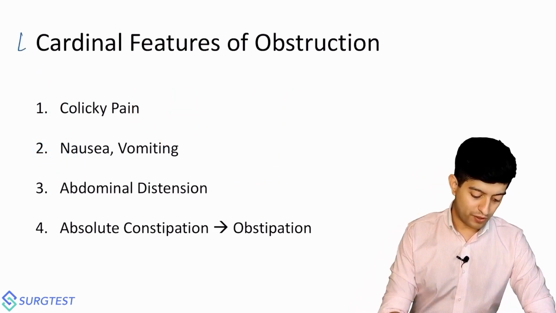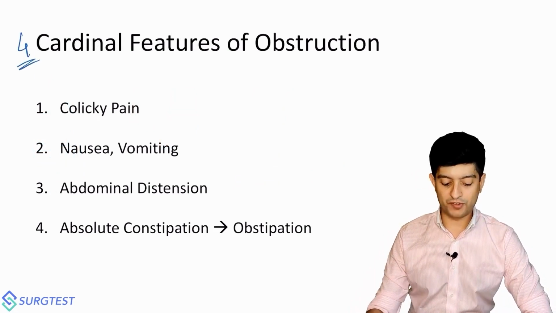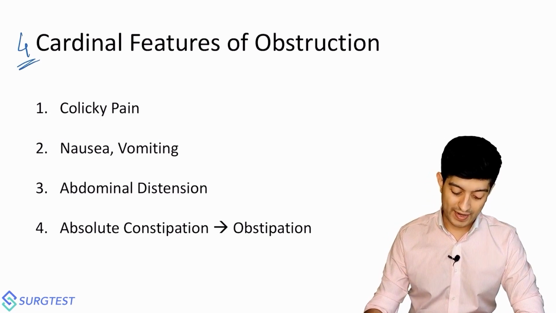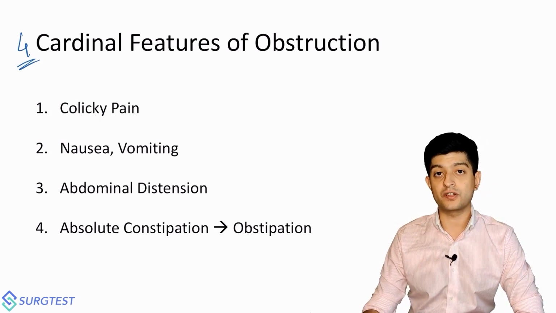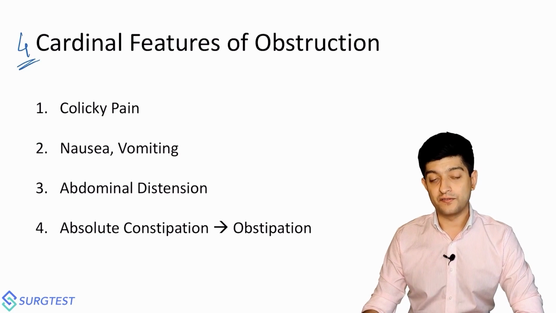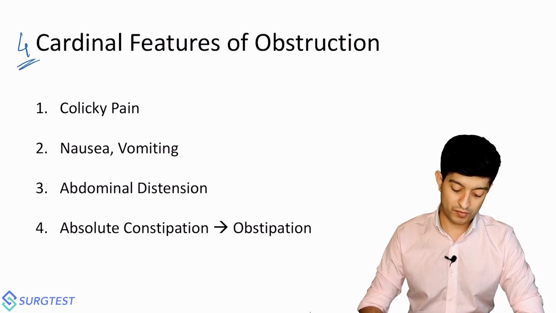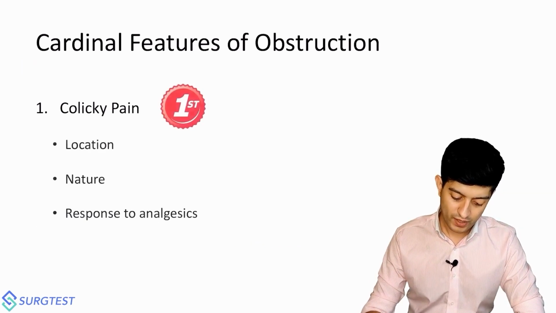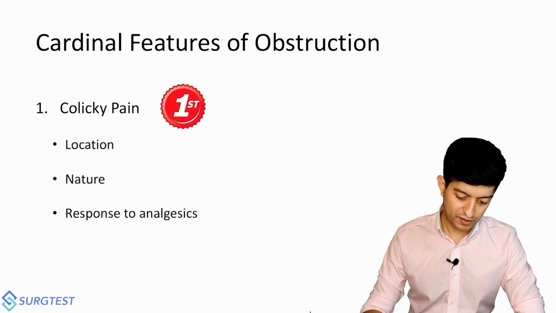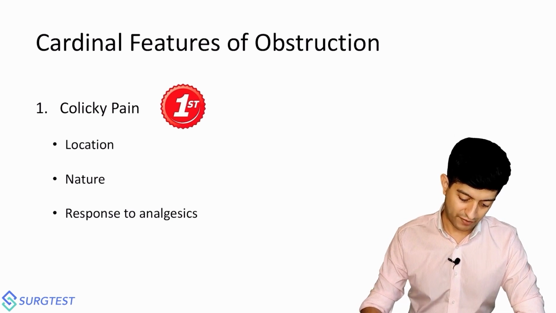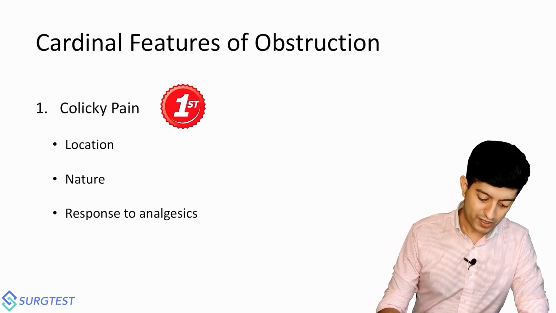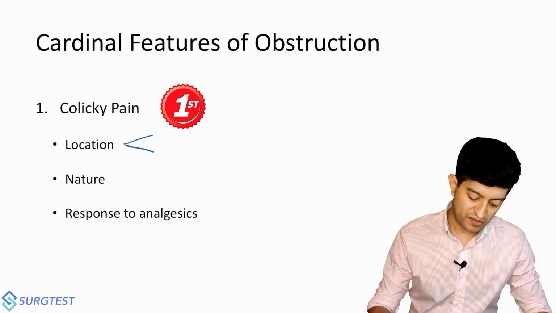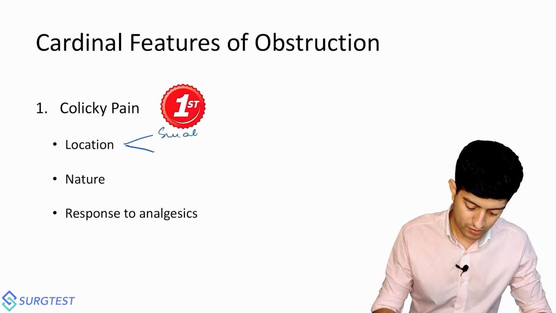There are 4 cardinal features of obstruction: colicky pain, nausea and vomiting, abdominal distension, and absolute constipation, which is constipation to both feces and flatus, also termed obstipation. Let's tackle these one by one. Colicky pain is often the first feature that patients will have. The location depends upon where the obstruction primarily is. Say you have a small bowel obstruction